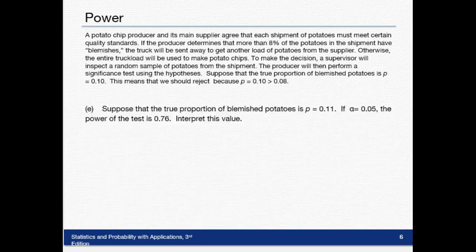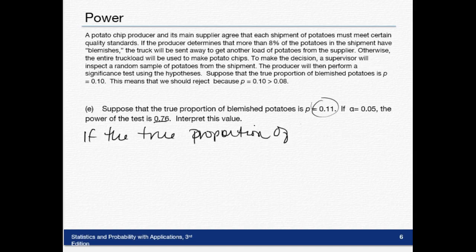All right, so in part E, it says, suppose that the true proportion of blemished potatoes is 11%. If alpha is 0.05, the power of the test is 0.75. And this says to interpret the value. So this is how we would interpret the power. Okay? Remember, the power is the probability of correctly rejecting the null if the proportion is what they gave us, right? So we would say, if the true proportion of blemished potatoes